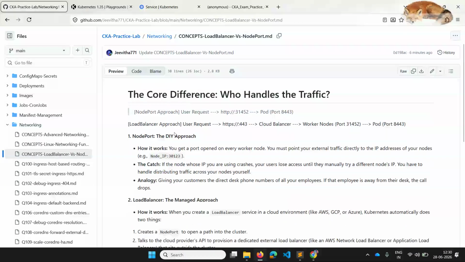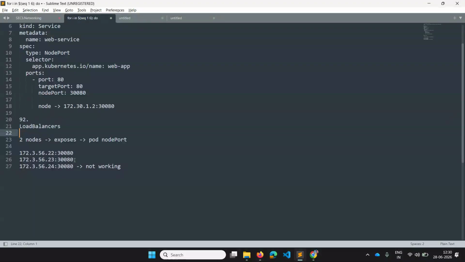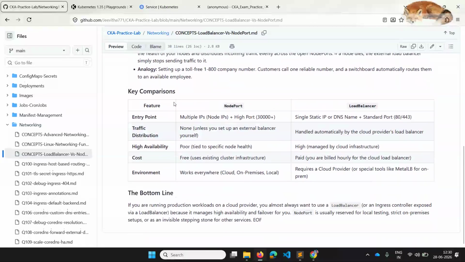If you see, this is how it works, but you can go through this file, and there are some differences in how the traffic distribution works and so on.